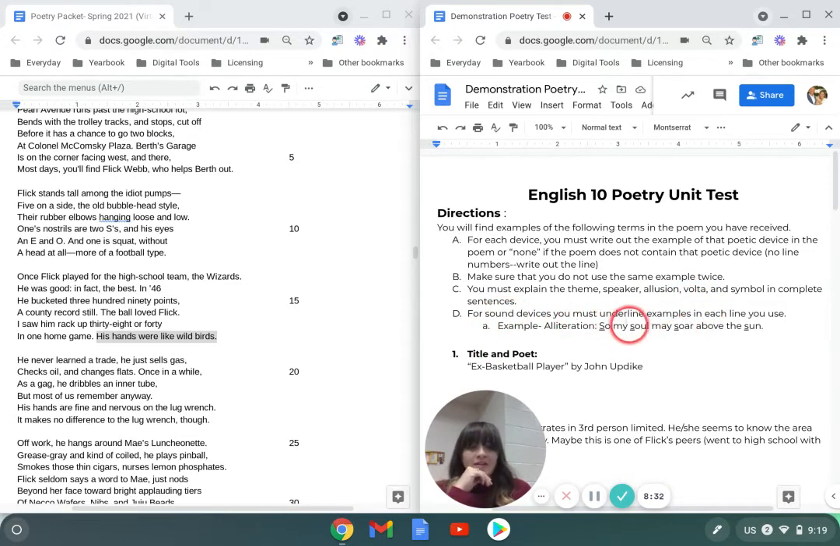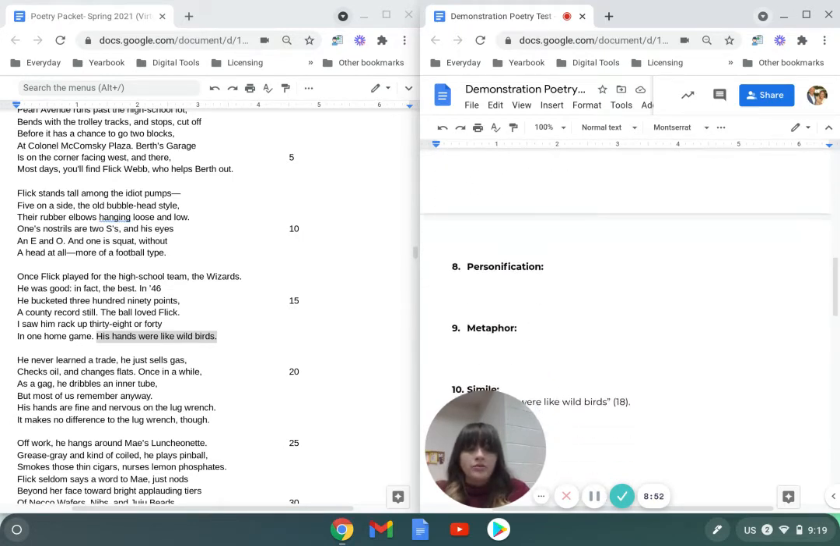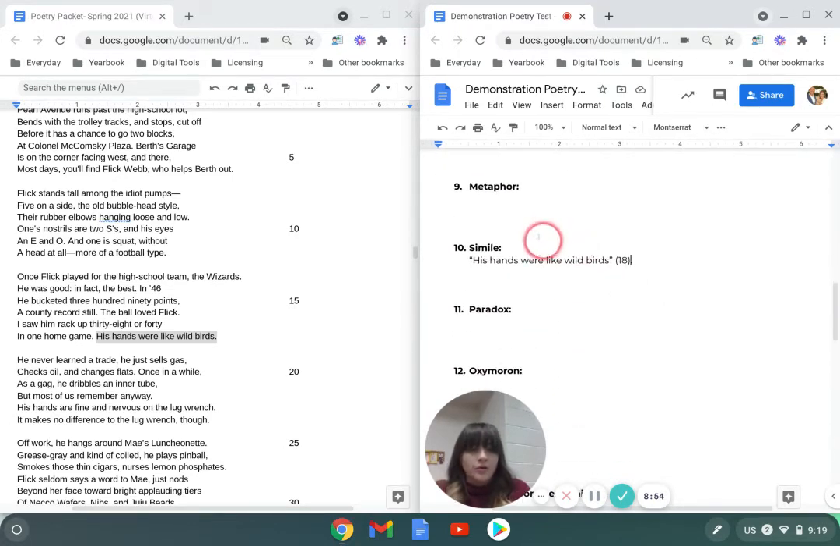For sound devices, we need to underline examples in each line that we use. So there's an example of alliteration. I use that because you guys all pretty much know what alliteration is. I'm not giving anything away there. So my soul may soar over the sun. I've underlined the S's there that make the same sound. Okay. So next, I'm going to,